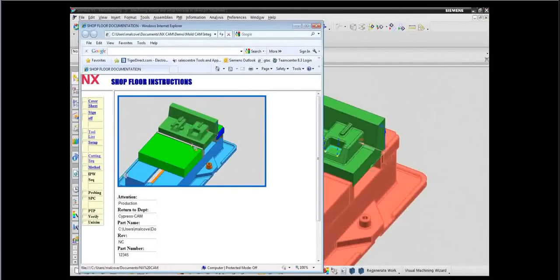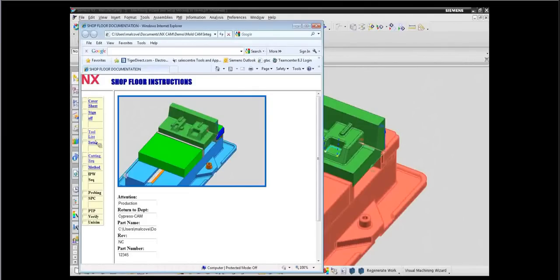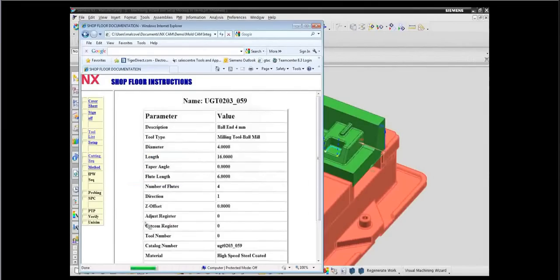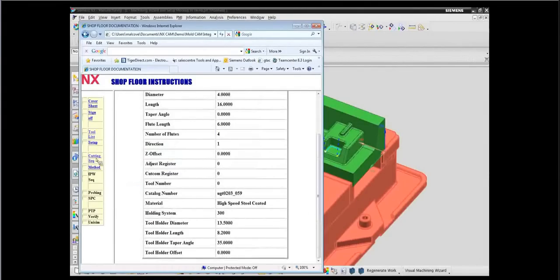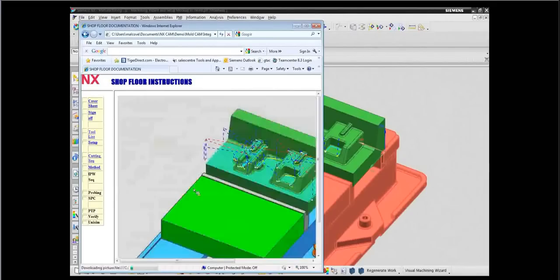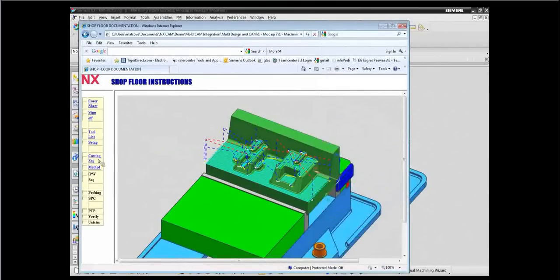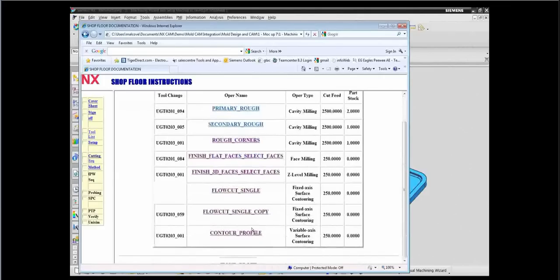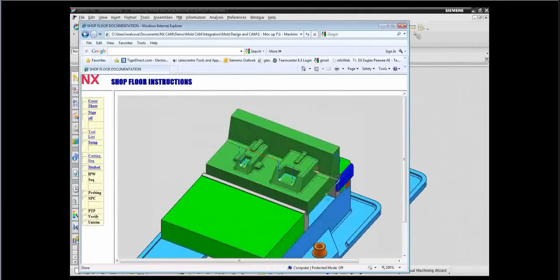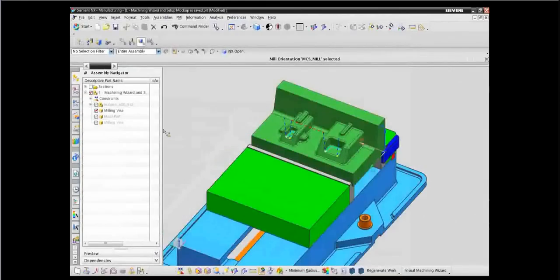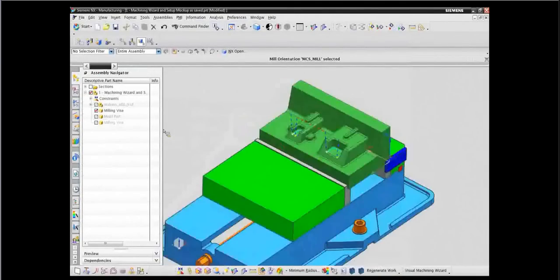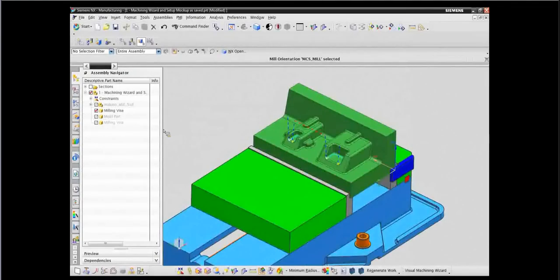I see my part in my fixturing. I see the tool list. I can go in and look at the parameters of the tool to see how they should be set. I see my cutting sequences. I have the flat faces machining, and the flow cut single, and we have that 5-axis contour. So a very complete process and fully verified in a manufacturing setup. At this point,